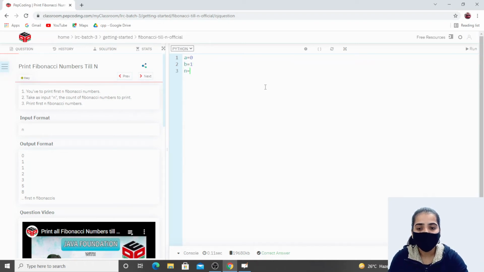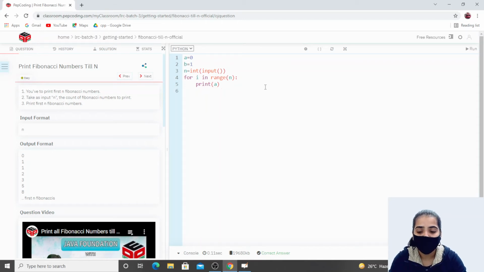So to print my Fibonacci series till n, I'll take n from user. Now I'll take one for loop for i in range till n. I want to print my Fibonacci series till n, so I'll store my n here. Now I want to print value of A. Okay, why A? Because I want to print my Fibonacci series from 0, from the very beginning, and 0 is stored in A.